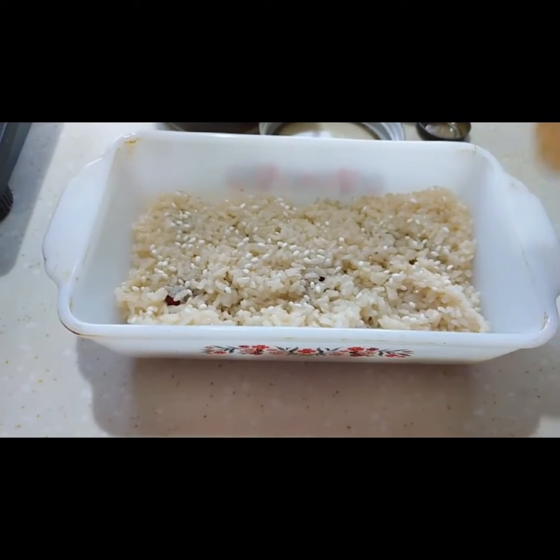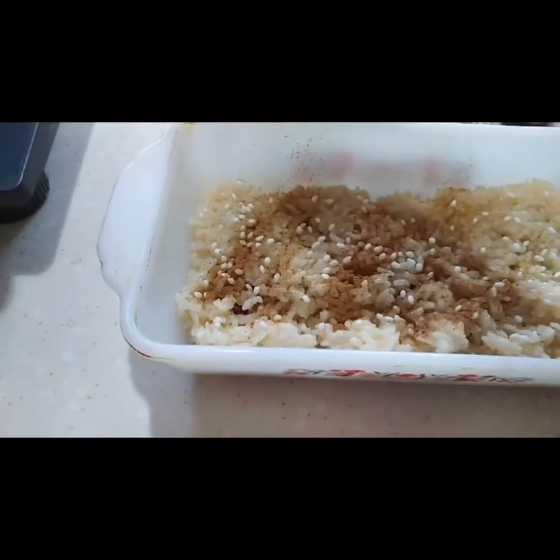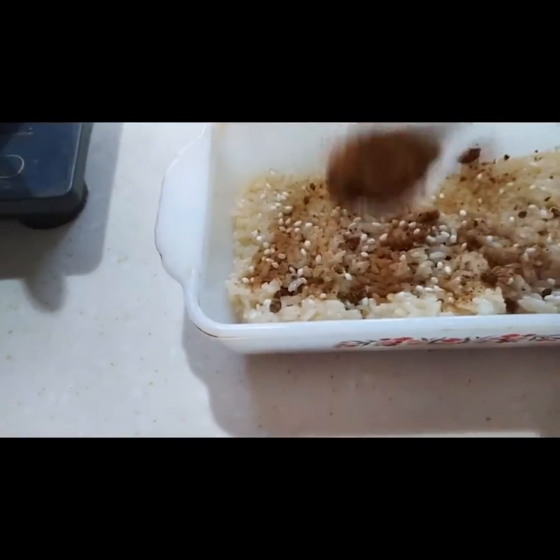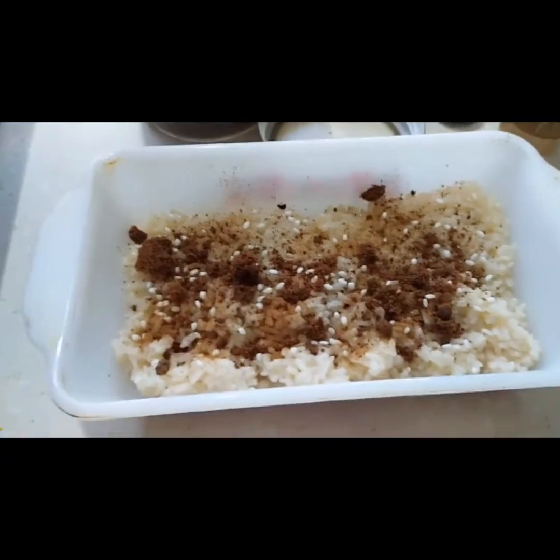Okay, you know me here at PB Ram, I like my cinnamon, so I'll put a little bit of cinnamon. And of course, we like things sweet, so we're going to put in some brown sugar on this. Well, that's what I saw in the recipe. And of course, we're going to do